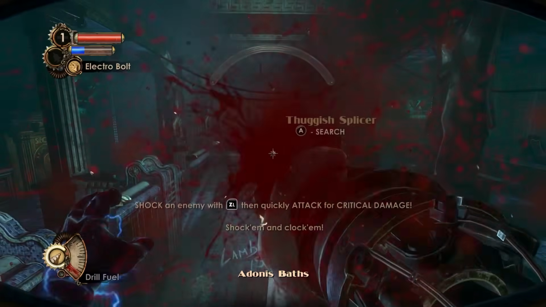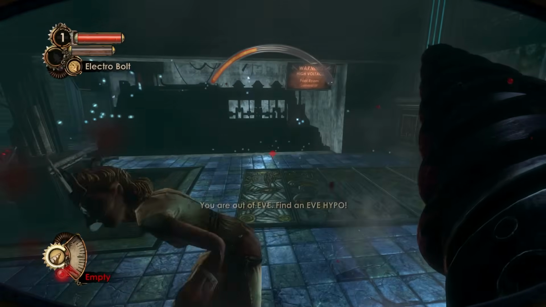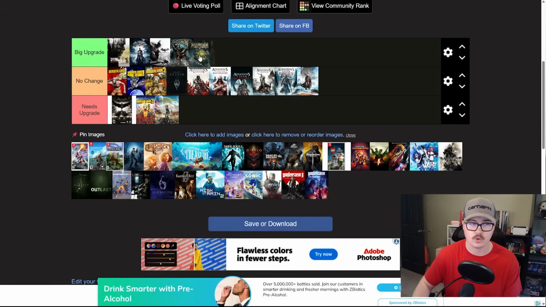Smooth seems to be locked at 30 FPS when docked, but it looks like it's running so much smoother and faster in handheld mode. So both of those games are looking very nice and stable on the Nintendo Switch 2. So we're going to put those in the big upgrade categories because there's no significant issues that I noticed with